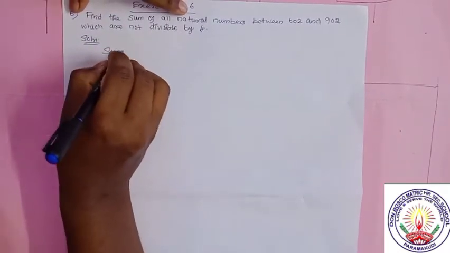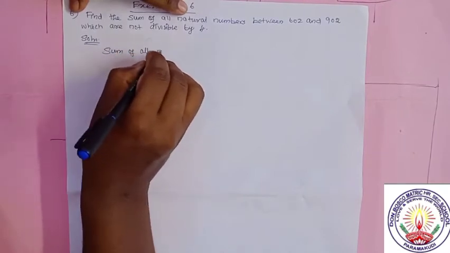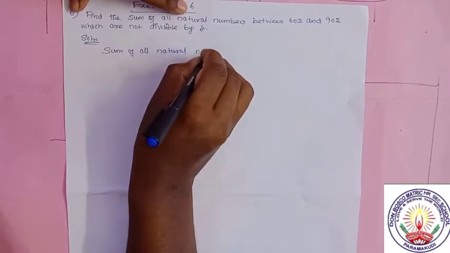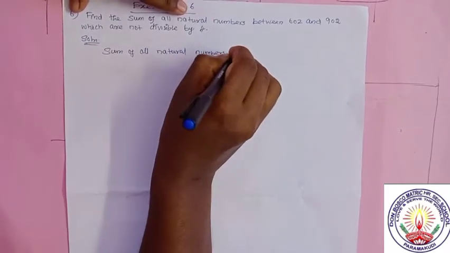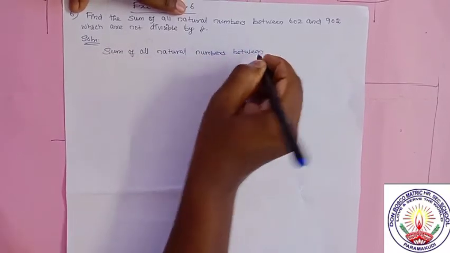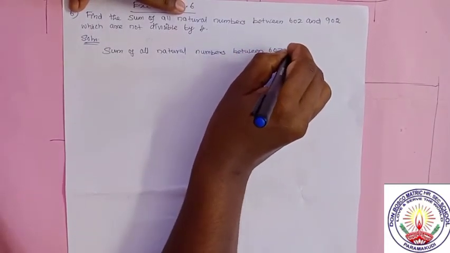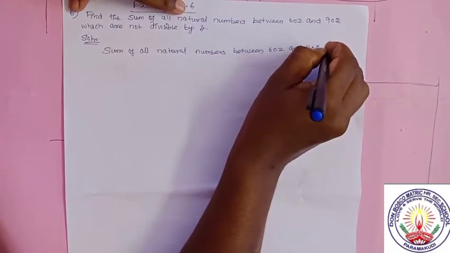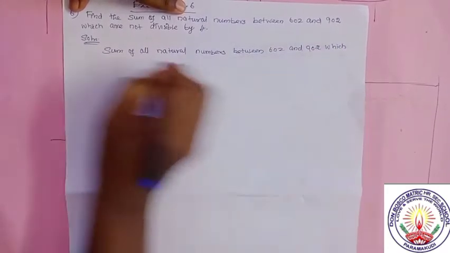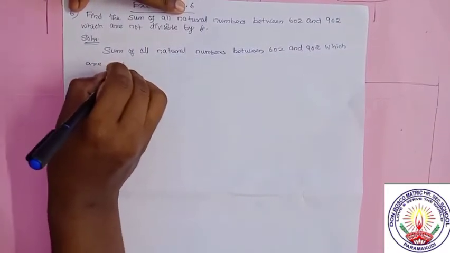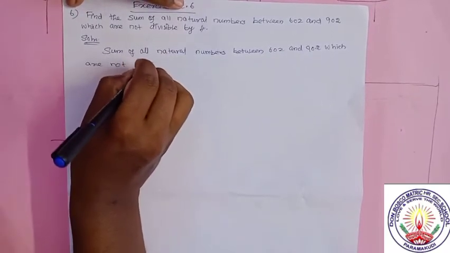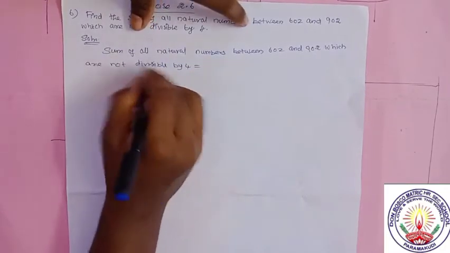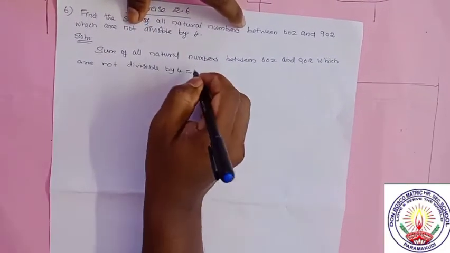The sum of all natural numbers between 602 and 902 which are not divisible by 4 is equal to, I am going to find the total